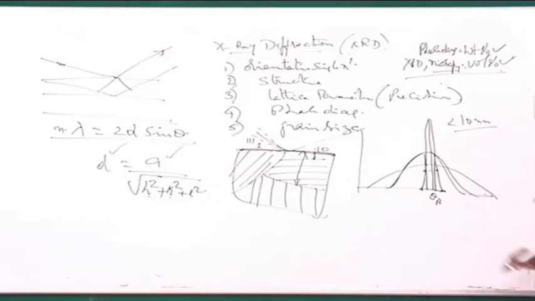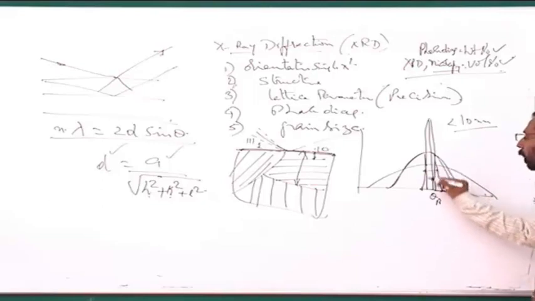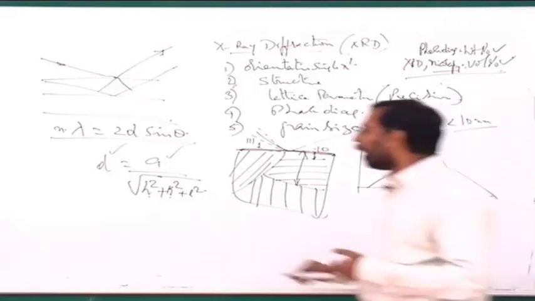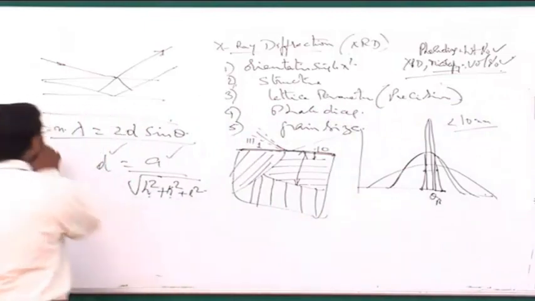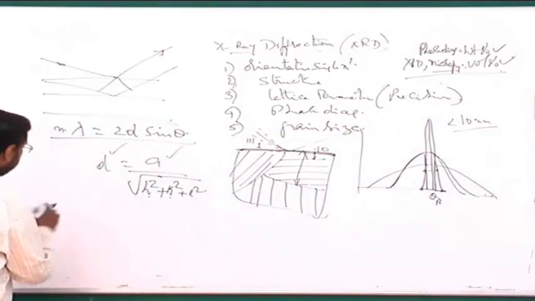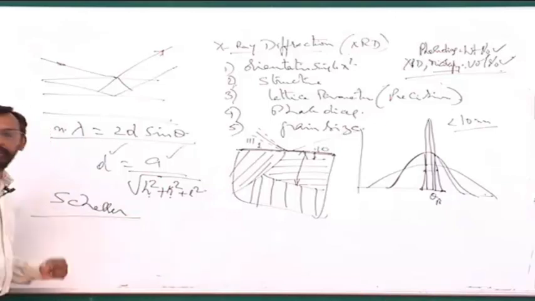The crystal suddenly breaks down and becomes amorphous. So these things can happen, and as a result, you can get a peak broadening. So in principle, I can use this peak broadening to find out the lattice parameter. That is what a person by the name Scherrer did. Earlier we have called it the Debye-Scherrer camera.